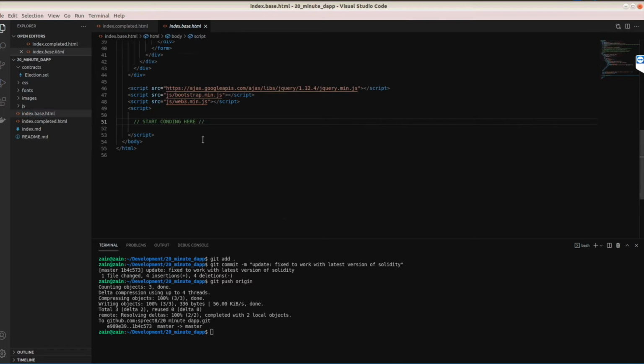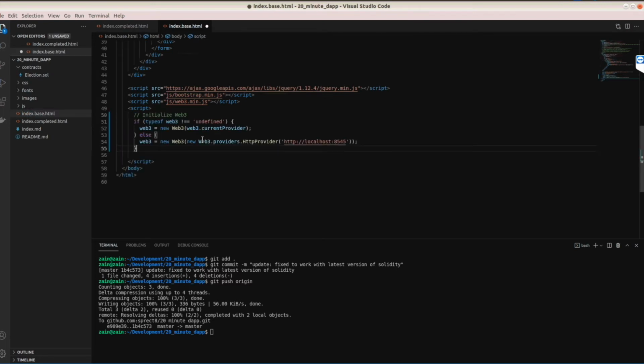First, let's put some standard code in place to allow you to connect to the blockchain. This boilerplate code will use the injected Web3 provider from the environment. And if that doesn't exist, we'll default to the localhost 8545. Next, we need to tell Web3 to use the default account, which has been injected into the environment. The account represents your connection to the blockchain and contains public and private key pairs to sign the transactions that